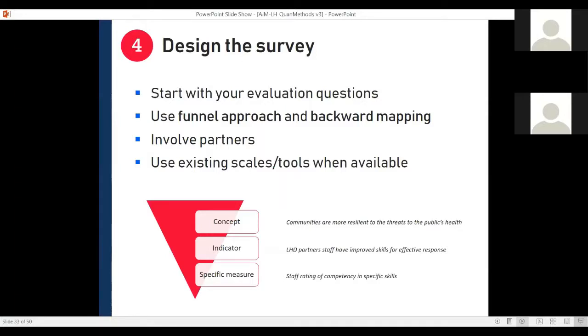So it's also helpful at this stage to do some backward mapping. And that's looking at, or thinking about rather, your end product. So think about your final evaluation report. What's it going to look like? What types of things are you going to report? How are you going to word your results? And then you can even draft bullet points for like an executive summary. This helps you think about what data you want to report, how you want to report it. It might help you think of additional items that you need to collect in the survey in order to give those results in your final report.